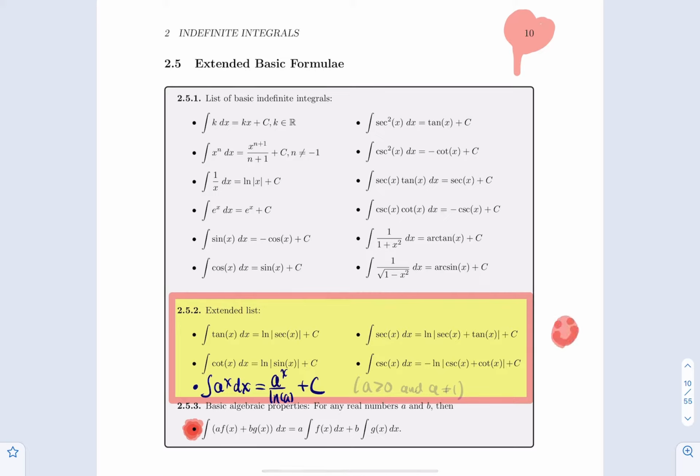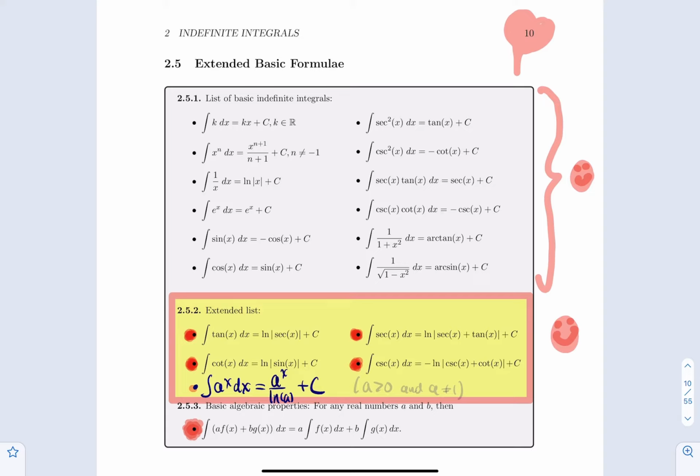The first 12 bullets are the same as the ones in section 2, where I gave you the list of basic formulas for computing indefinite integrals. But now there are 5 new ones that you need to learn how to use. First, the integral of tan is ln of the absolute value of secant of x plus c. The integral of cotan is ln of the absolute value of sine of x plus c. The integral of secant is going to be ln of secant plus tangent plus c, and the integral of cosecant